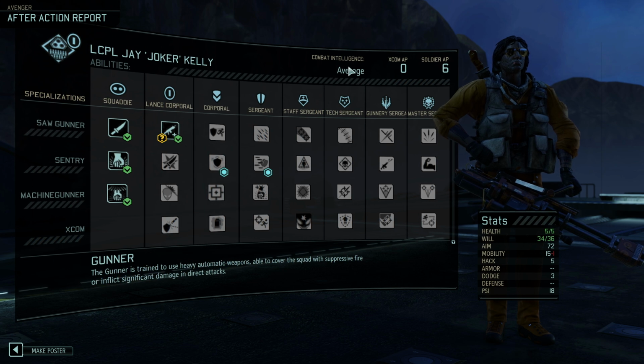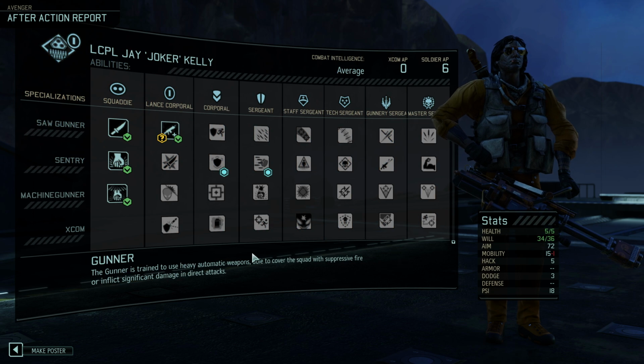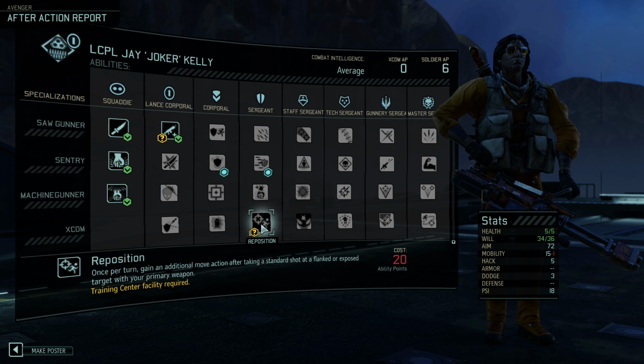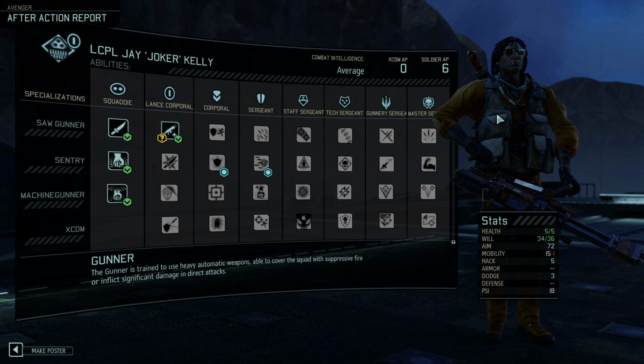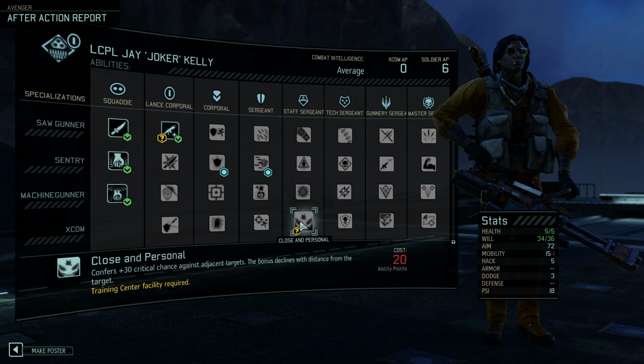It's also cheap. You have average combat intelligence, so you will have a chance to pick up a perk or two. Smoker, I don't like grenade type perks for non-grenadiers. Reposition, once per turn, gain an additional move action after taking a standard shot at a flanked target. Well, we are not usually mobile enough always to get the flank target, but